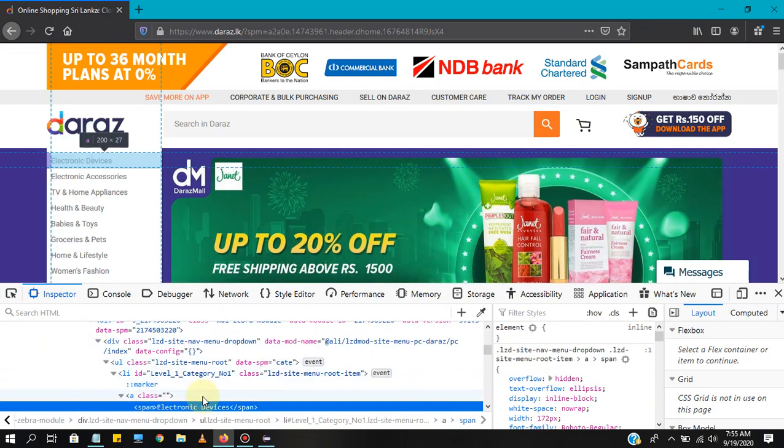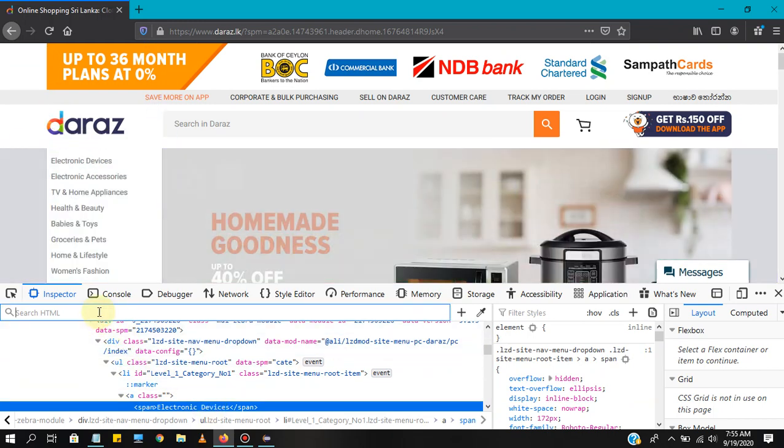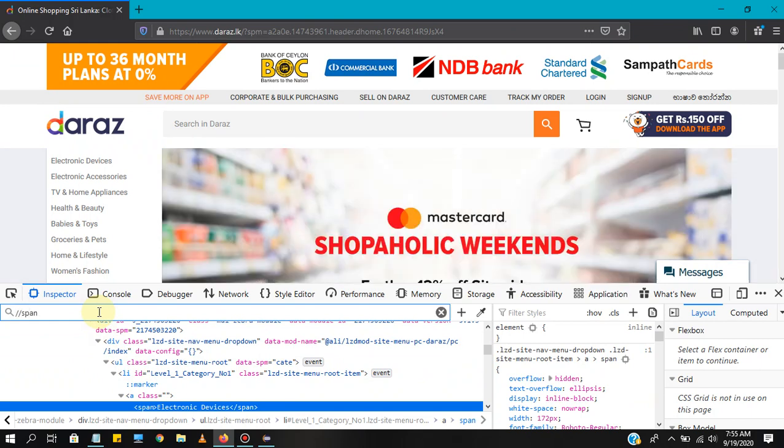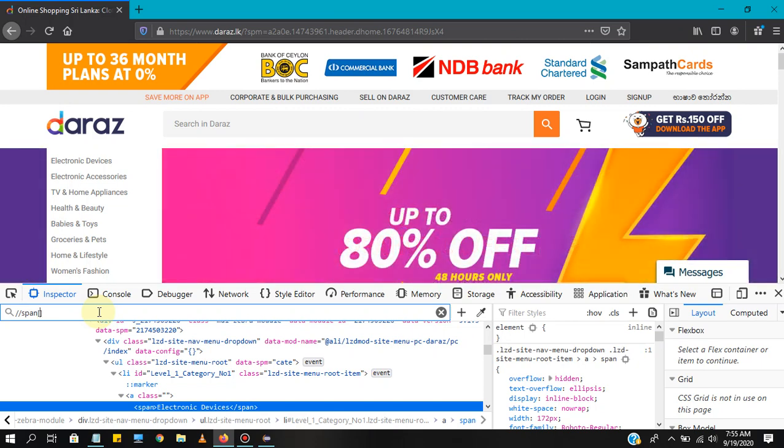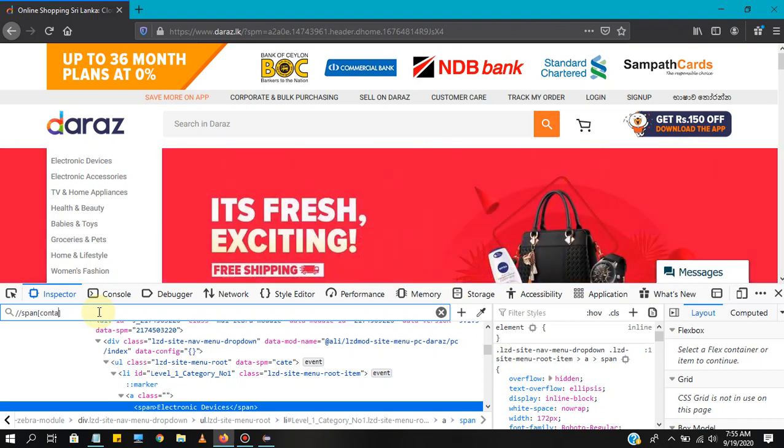So once you click, you can see this is the relevant information, right? Just capture this element using XPath, double slash span. I'm going to capture this using contains text.